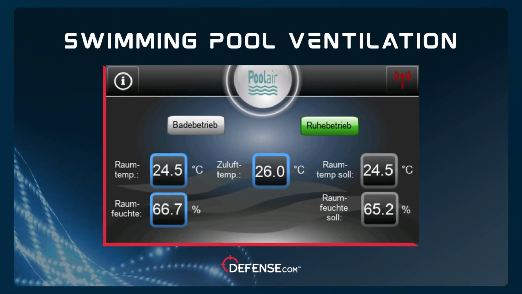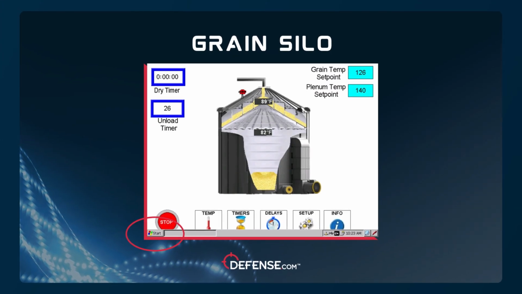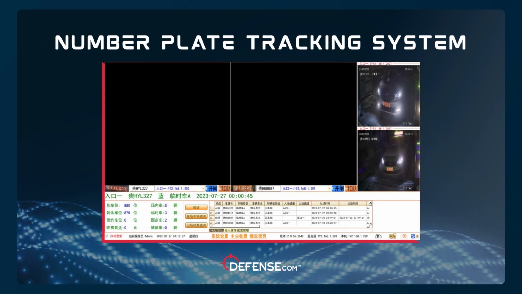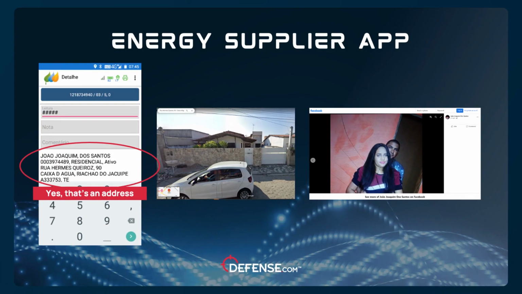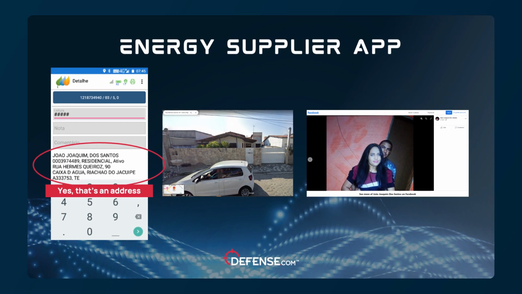And we found things like systems to control the ventilation in the swimming pool. We found grain terminals where you could see how they were drying the grain. And then we found all sorts of things around internet connected devices. We found number plate recognition software. We even found somebody's power management system. Essentially they had their home connected to their energy company. The energy supplier, I guess, would provide them a smart meter or something, and you could see this smart meter that was connected to the internet. You could find the address of the smart meter, and we managed to link it all the way back to somebody's actual Facebook profile.